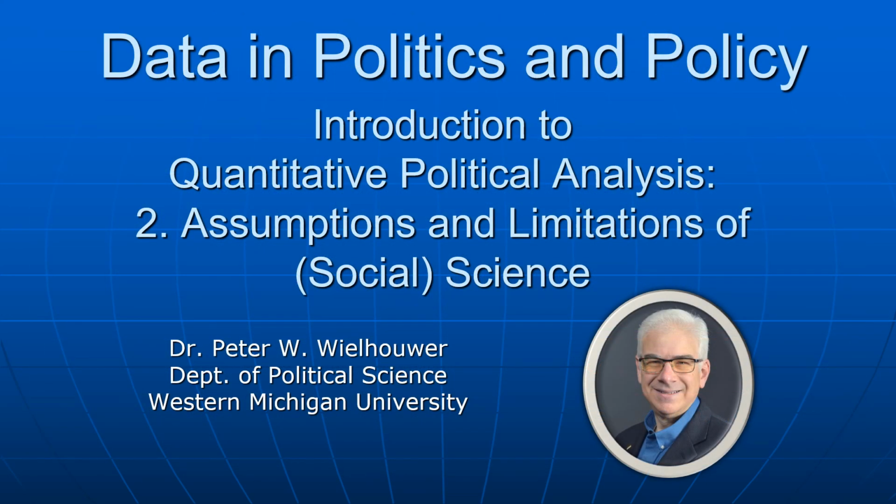So in a nutshell, those are the kinds of underlying assumptions and limitations of social science. We certainly could have gone into a lot more detail, but in this case, we hit the peak of the mountaintop, just to get a sense of how complex these ideas are and how important they are in terms of what we're trying to do as political scientists, as people trying to take quantitative information and use it to build our knowledge about politics and society.